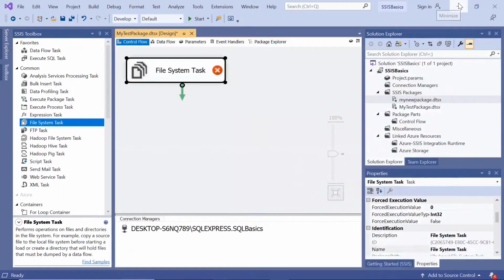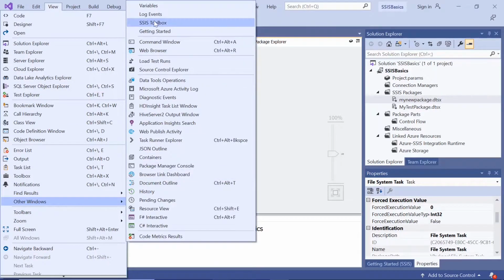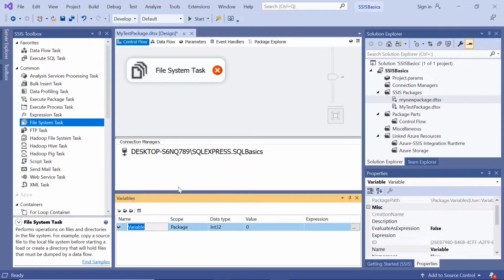So let us create variables now. View, other windows and variables, add a variable, and we can say source is string, C test test.txt,